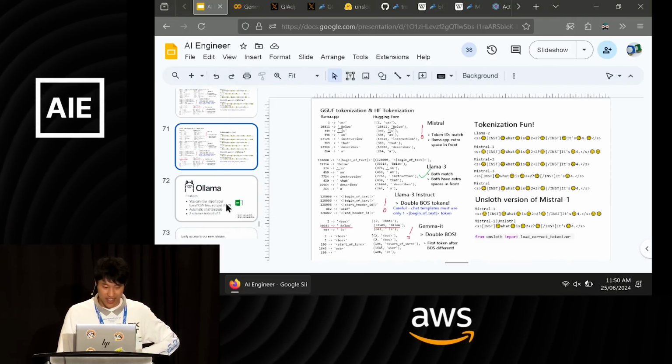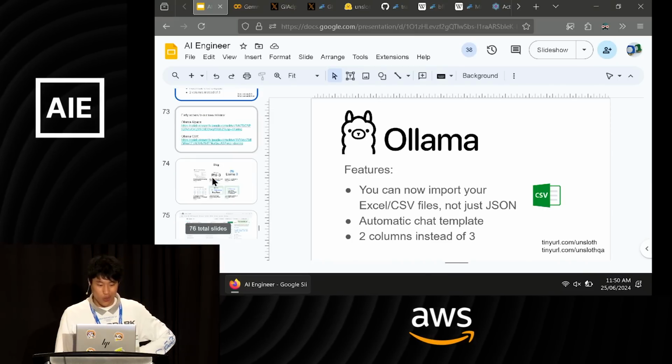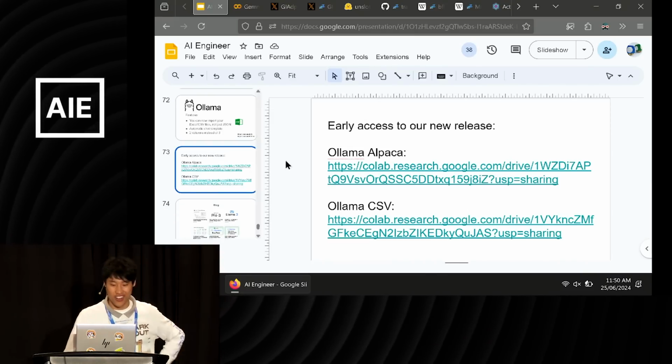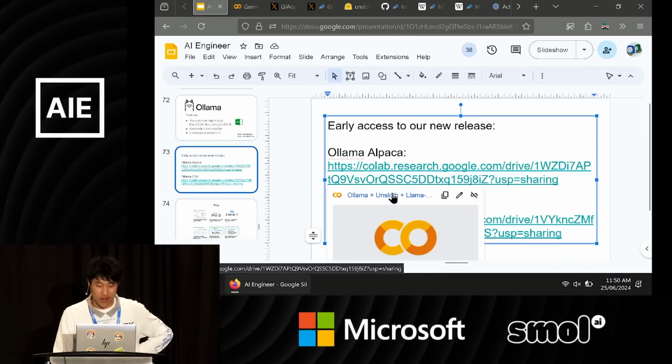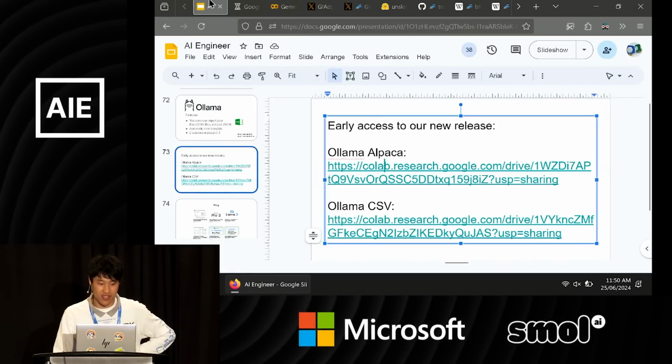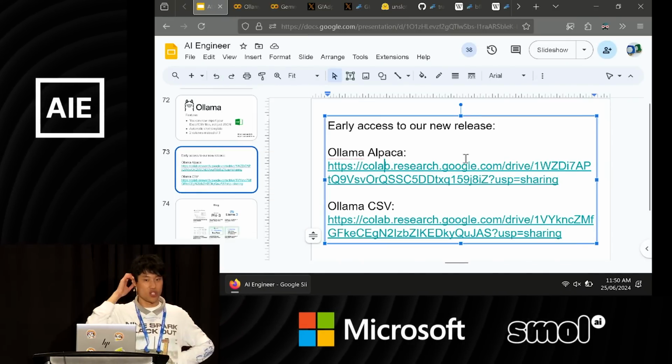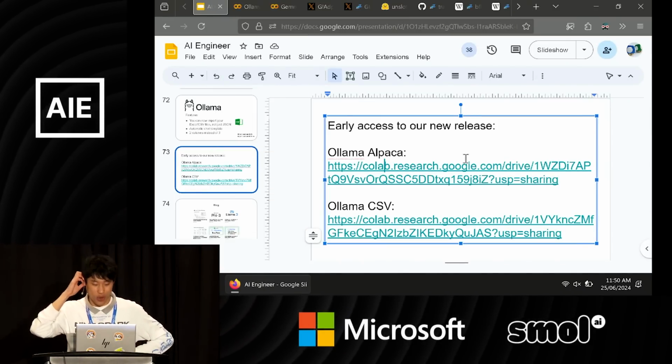Did I double this slide? OK, I doubled that. And also, we have new Llama support, which we have not announced yet, which you can try out. So lots of people have asked us how we actually fine-tune a language model and export it to Llama